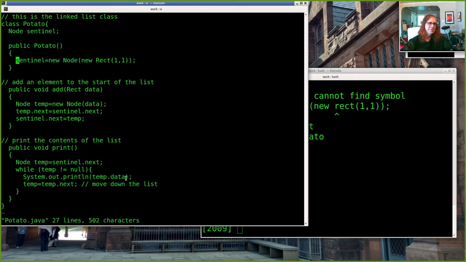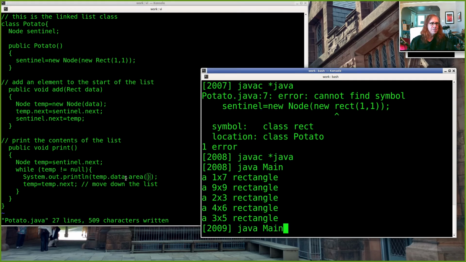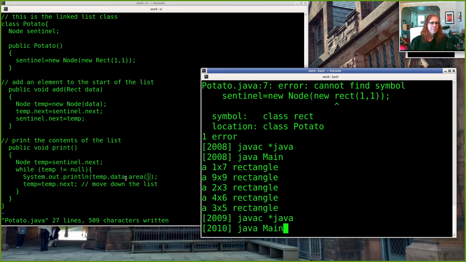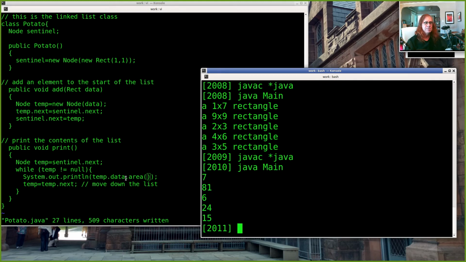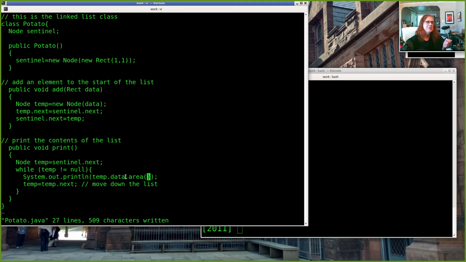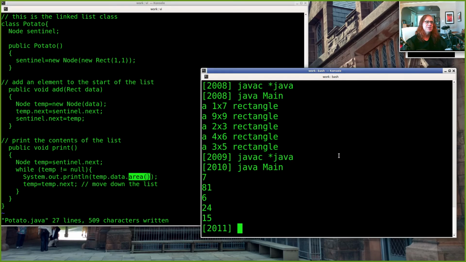Now this doesn't work if we're going to switch different data types, but if I'm just working with rectangles, I have an area method in there. Because temp.data is an object of type rectangle and rectangle has an area method, this thing has an area method,